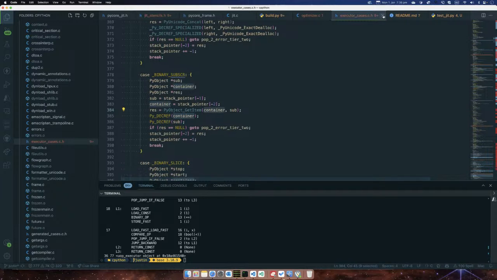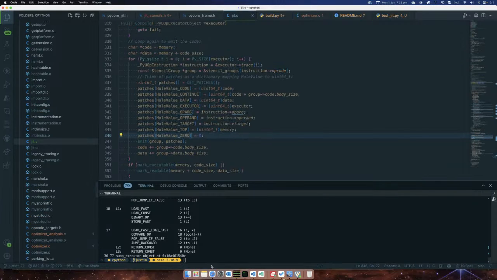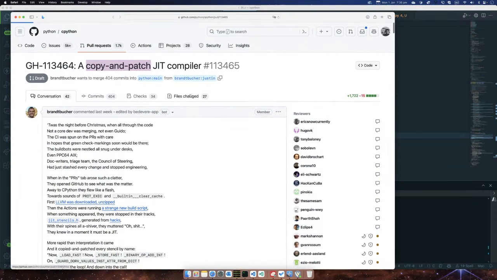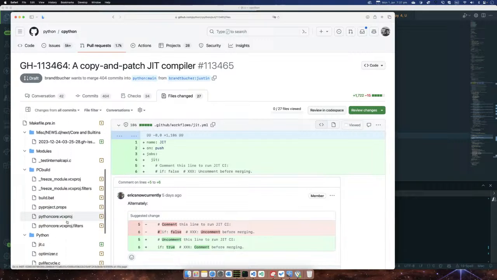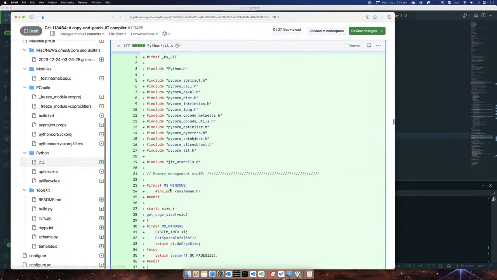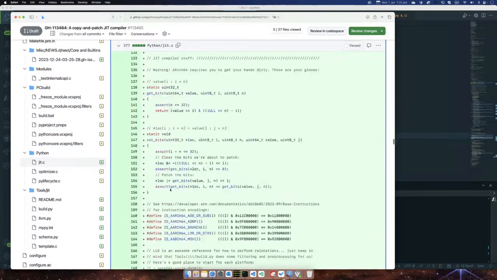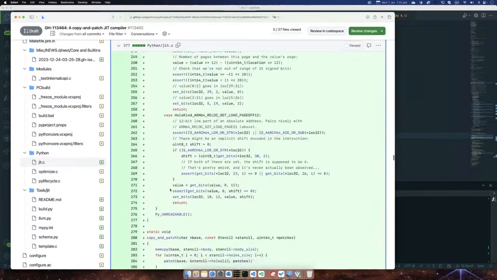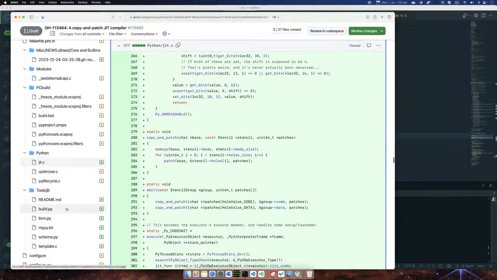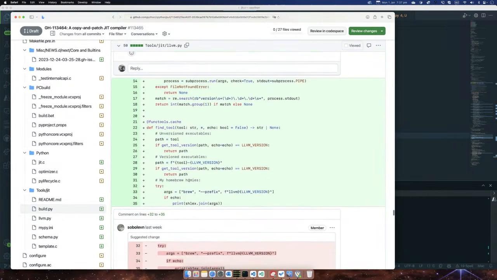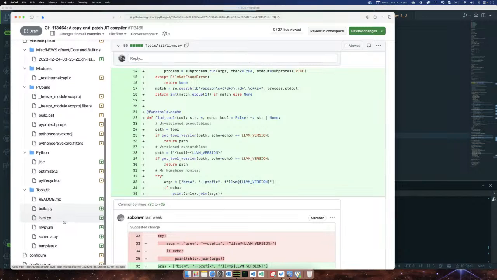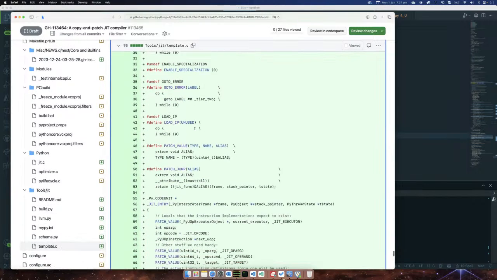Yeah, so that's basically the JIT. If you look at the PR, you can see the important parts, which is this JIT.c code. But when you look at it, you're probably thinking, where's the JIT? Because that's a really small program. Where's the rest of it? So you've got this build script, which is where some of the complication is. That's basically compiling these templates